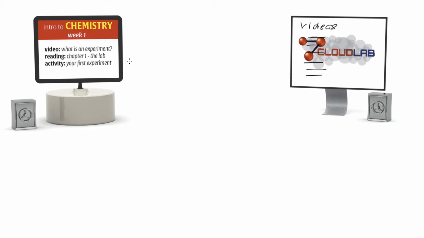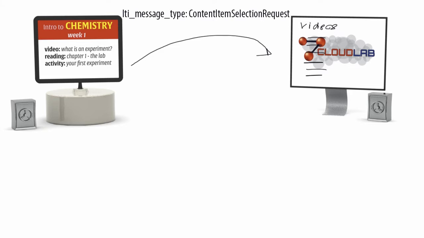So you would launch into the tool provider, so still an LTI launch, but this LTI launch would have another message type. The message type would not be basic launch, it would be Content Item Selection Request, and it indicates to the tool provider that now you want to either build or pick a resource depending on what the tool provider offers. So in this specific case, for the video use case, I can just say, okay, I want to pick this one, and when I say submit,